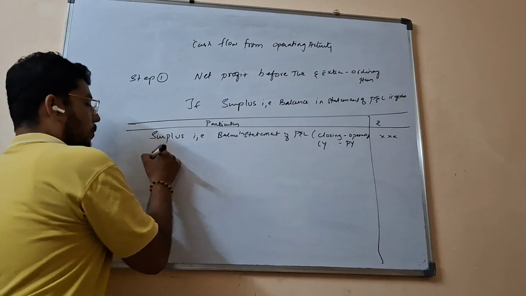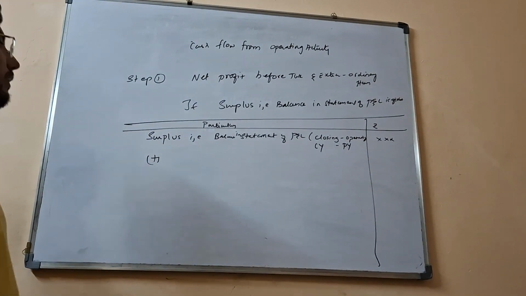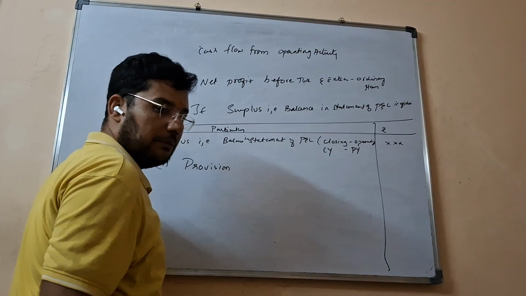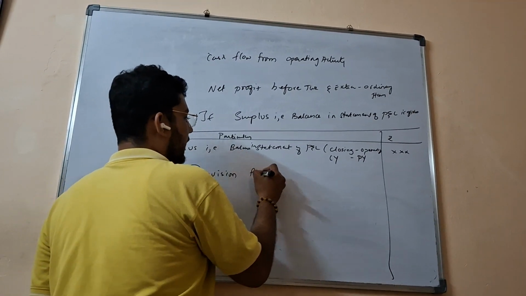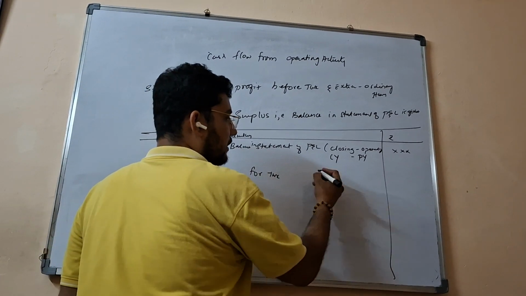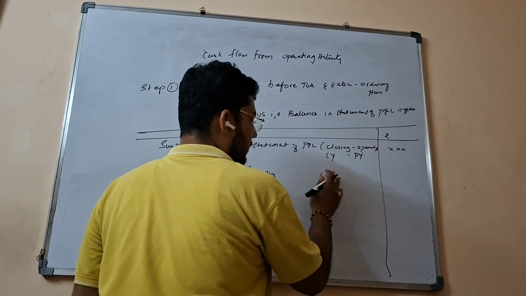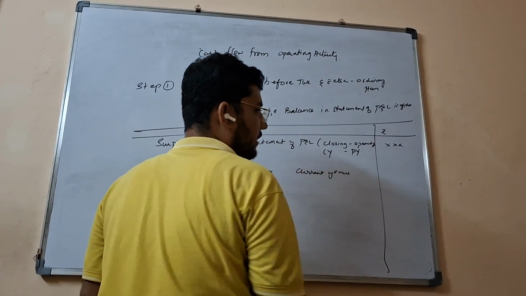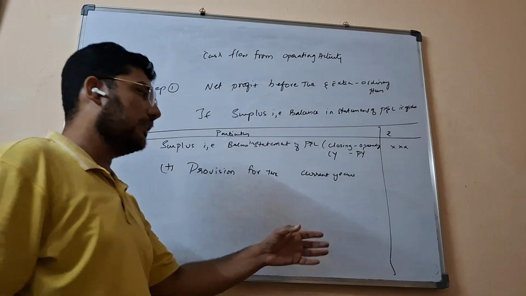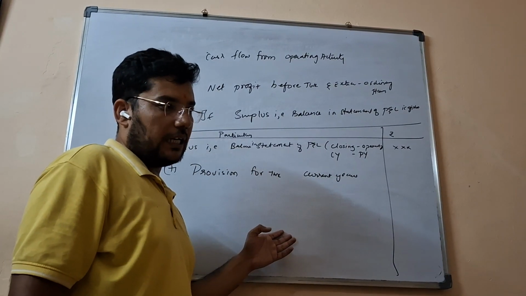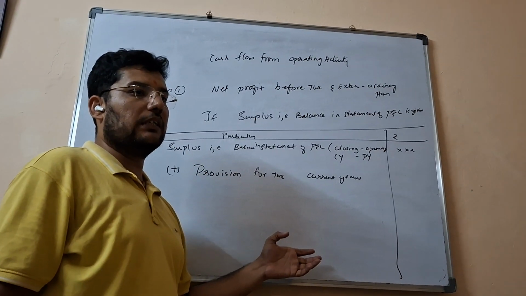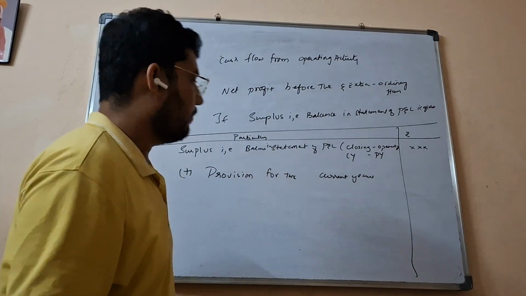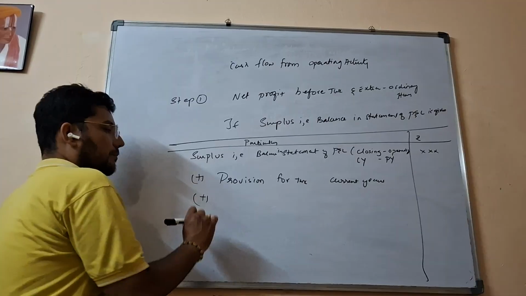Now add, what are the things? That is again saying, if provision for tax is given in current liabilities, provision for tax, which year? Current year again, but this time 2 years information will be given. As balance sheet is given, it will be given previous year and current year. If 22, 23 is given, so 22 is previous year, 23 is current year. Next, plus